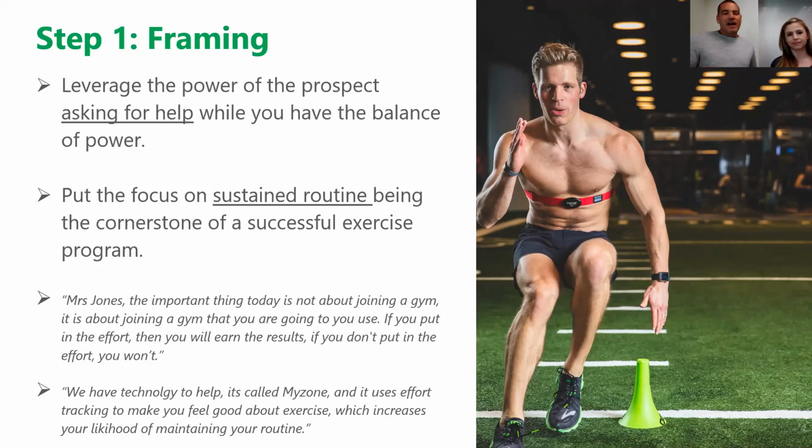That's the first thing. The second thing is the way you do that is by putting a focus on sustained routine and making that the cornerstone of a successful exercise program. It's less about the equipment, less about the programming. It's all about your routine, Mrs. Jones. So the way you would communicate that to her before you go on the tour, that is, and after going through the needs analysis, is